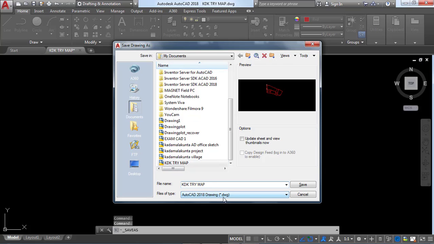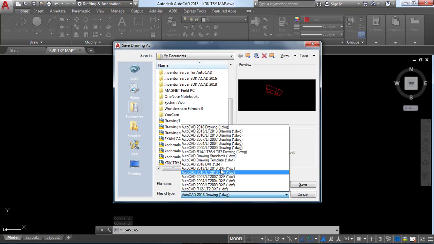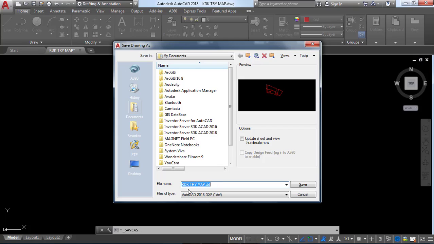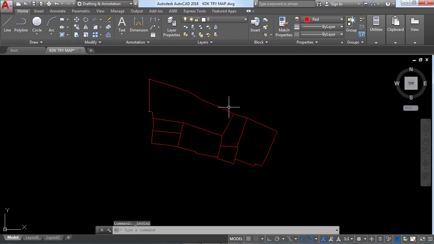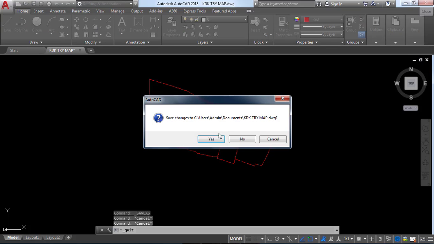Here, instead of .dwg, you need to select .dxf, and give the name of your file. I have already saved it as a DXF, so I don't want to save it again. After saving this file in DXF, just close the software,